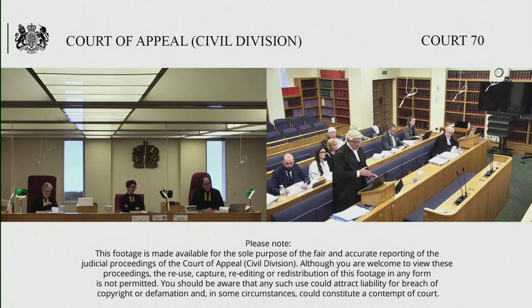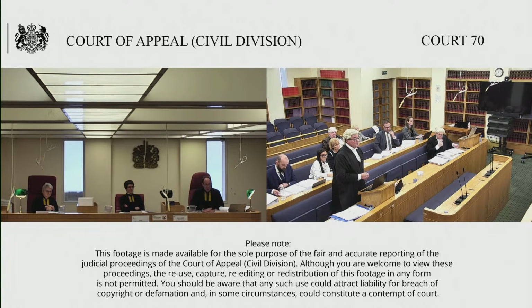I approach it slightly differently, my lord, which is to say that when she signs the document, she gives an explanation of acting under the control of Darren. We know that. Yeah. But I don't accept that automatically renders the transfer a nullity from the outset. But she knows the document she signs is the stock transfer form, which on its face purports to be that of Jeanette. Yes. Julie knows that it's not Jeanette signing it, and that she has no authority to sign it on behalf of Jeanette. Her explanation is